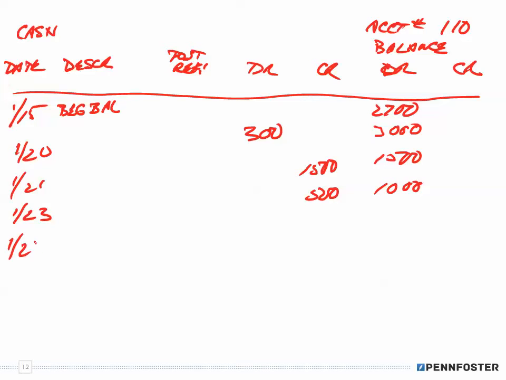And let's say on one more transaction, now I make a sale and I get $2,000. Okay, well, a debit of 1,000 plus a debit of 2,000 gives me a debit of 3,000. So what you're doing here is you start out with a beginning balance, and then you post your transactions, and